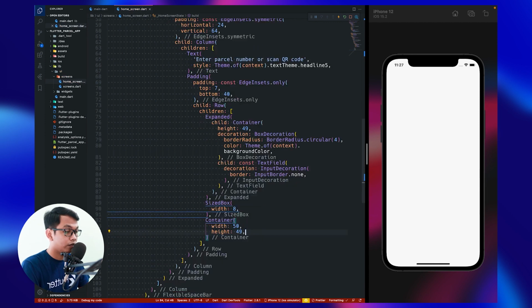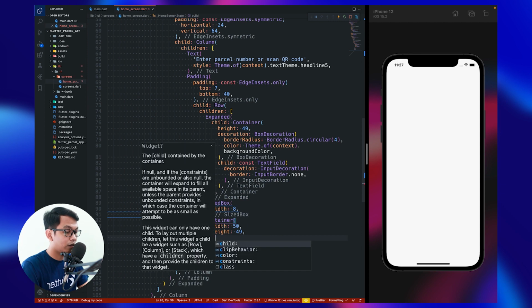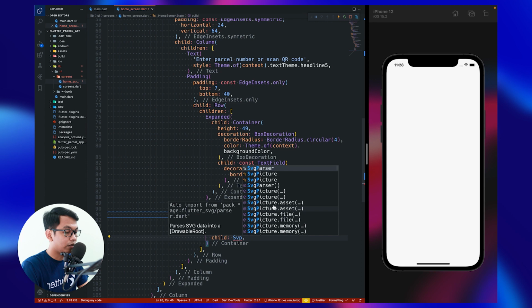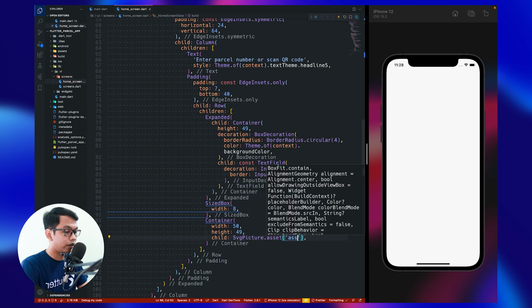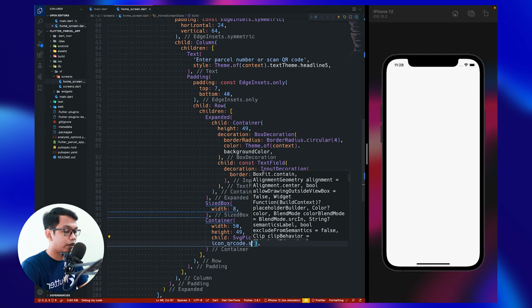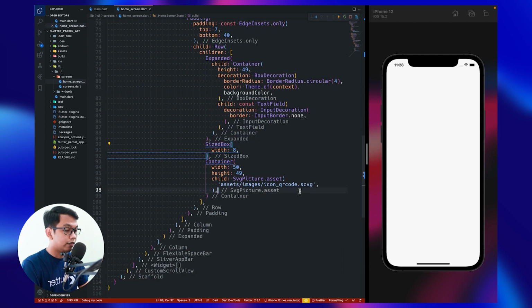And the next is we can call child, and for the child we use SVG picture dot assets, and we can call our assets file, which is assets image and icon QR code dot svg, look like this. All right, and we can add const modifier right here, and let's restart and see.